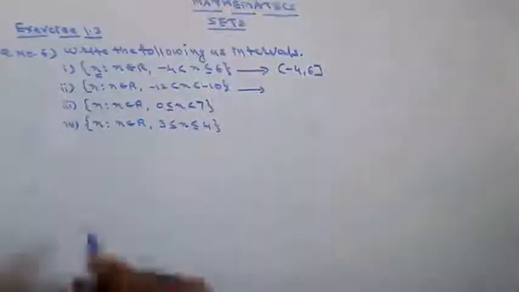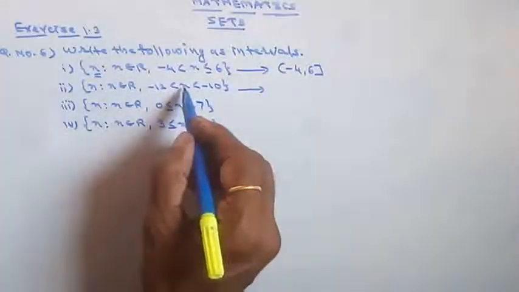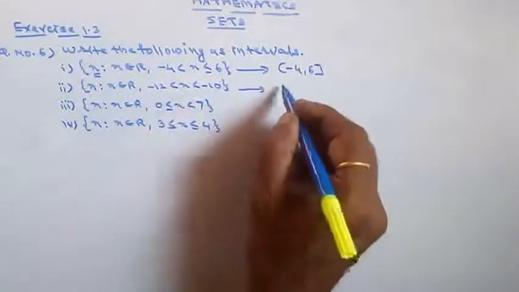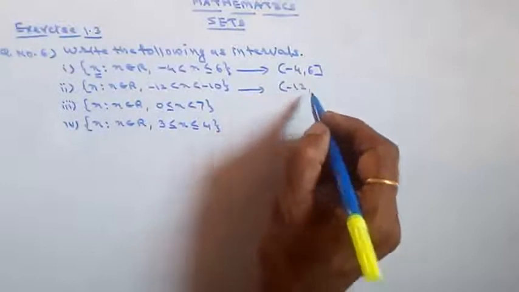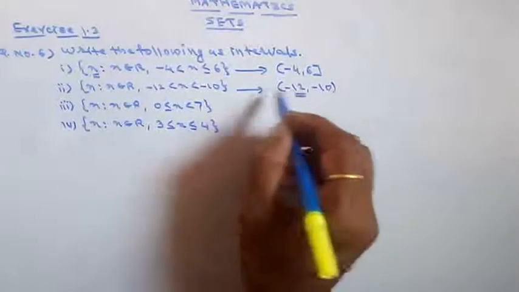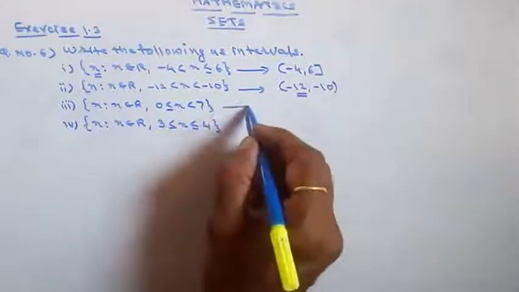Second, it is a set of x such that x belongs to real numbers where x is greater than -12 and less than -10. So it is (-12, -10). छोटा नंबर हमेशा लेफ्ट हैंड साइड में लिखना है. ओके, हियर